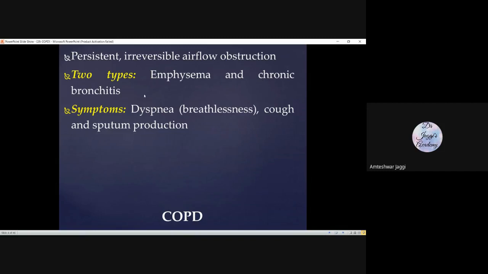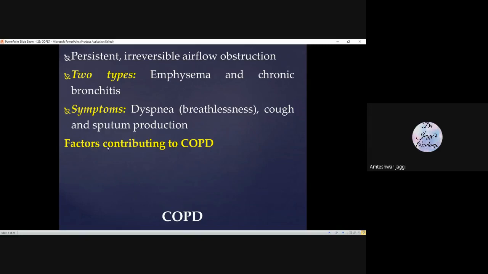symptom, then this is the symptom: breathlessness, dyspnea. This is the single most important symptom of COPD. Others are associated, but they are present in many other conditions, like cough and sputum. These are also present, but this is the most important: breathlessness. And when the breathlessness will happen, when he will do something, during walking, during exercise, during these kinds of things, depending upon which stage he is in.